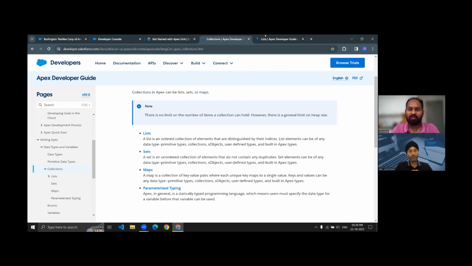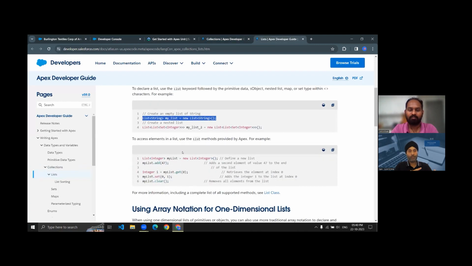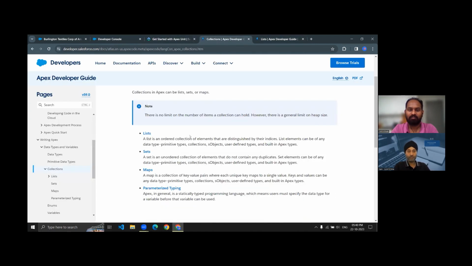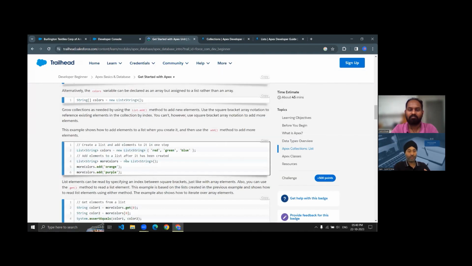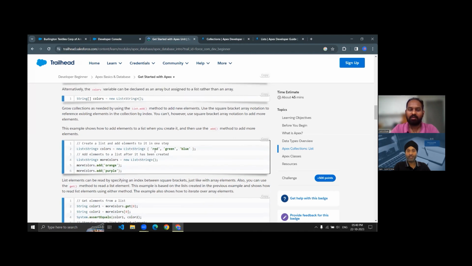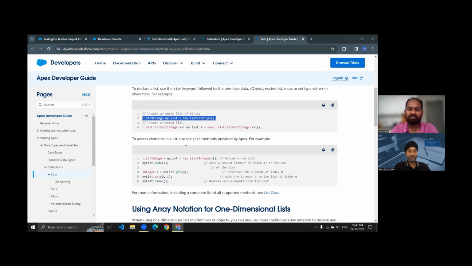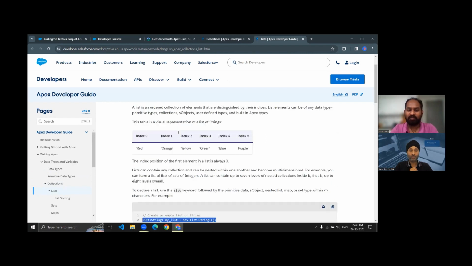So so far what we learned is the console. We learned about the variable. We learned about the print, which is system.debug. And we learned about how to use string as a list. So what was the list? Is it a construct? List is a collection actually. List is one of the collections. Collection of elements. Right. Collection of elements. So in a list,